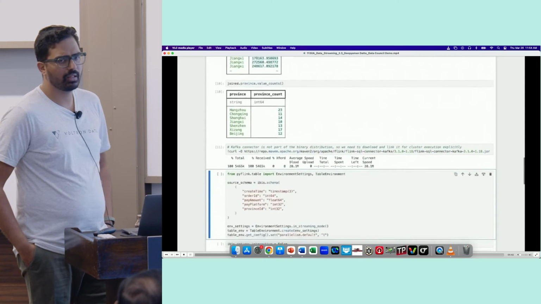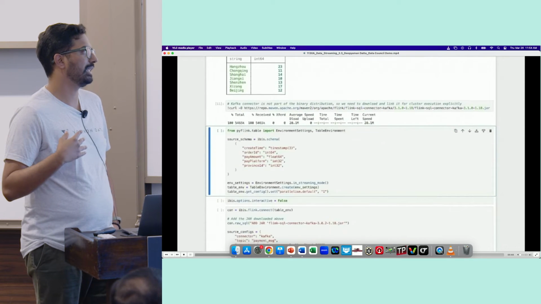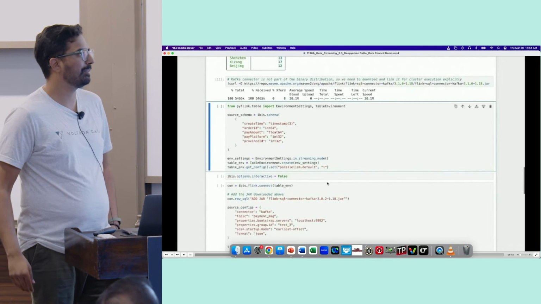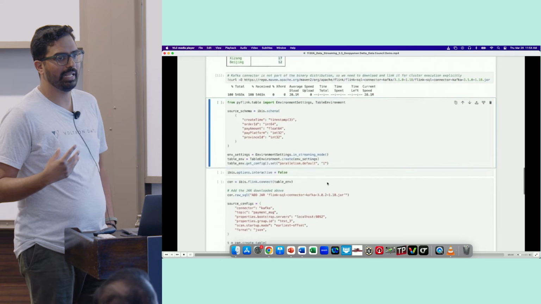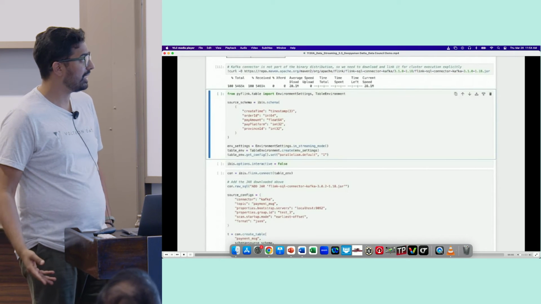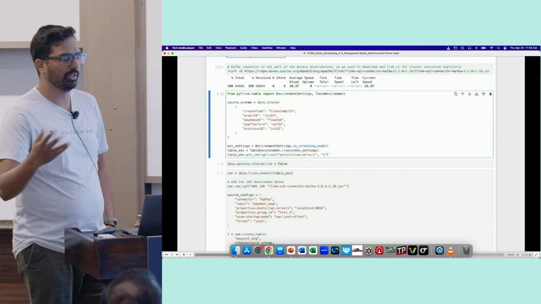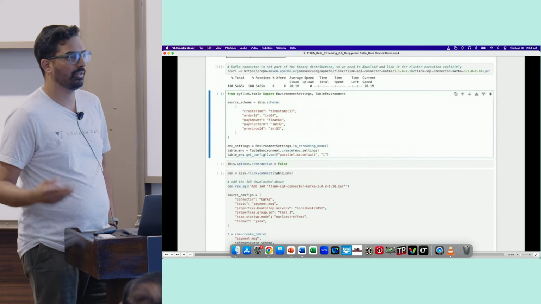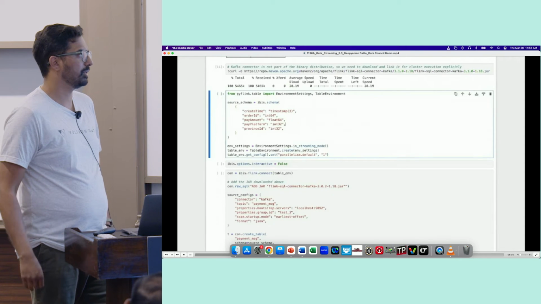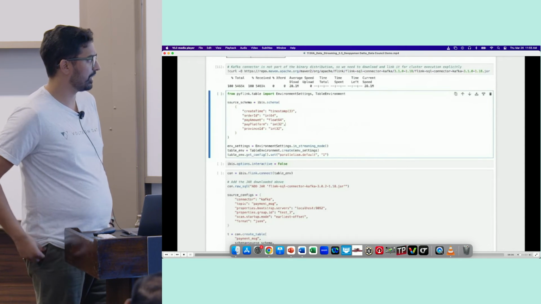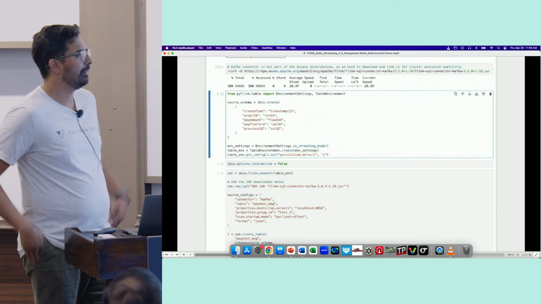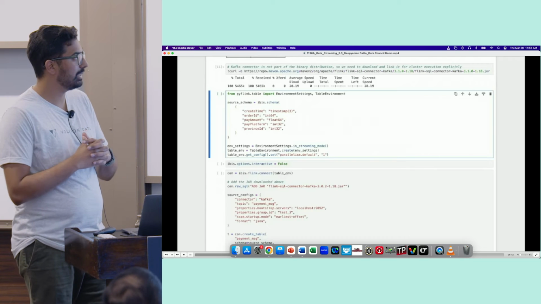And then for Ibis, when you connect to the Flink backend, you're basically just going to provide your connection information, which is essentially your PyFlink table environment. This is similarly done for other backends, or for a database backend, you provide a connection string. For Spark, you provide a similar Spark session. But that just depends on a per backend basis.